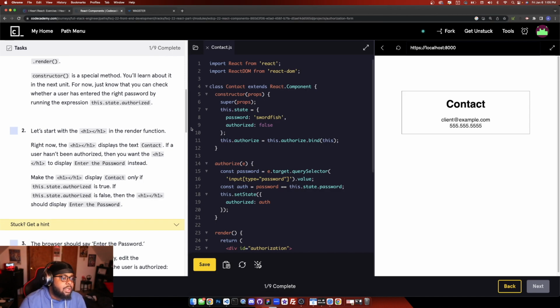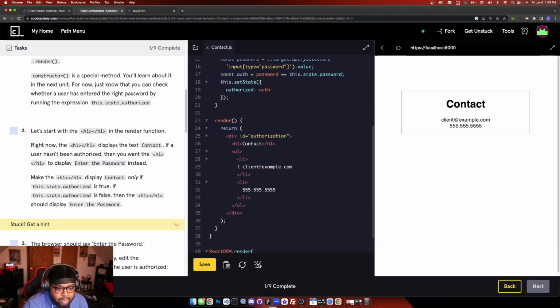Alright, so let's start with the H1 in the render function, which is down here. Right now, the H1 displays the text contact. If a user hasn't been authorized, then you want the H1 to display enter the password instead. Make the H1 display contact only if this.state.authorized is true. If this.state.authorized is false, then the H1 should display enter the password. Alright, so